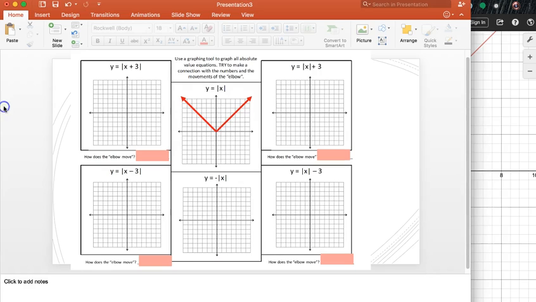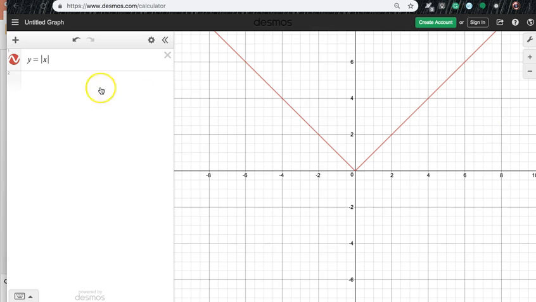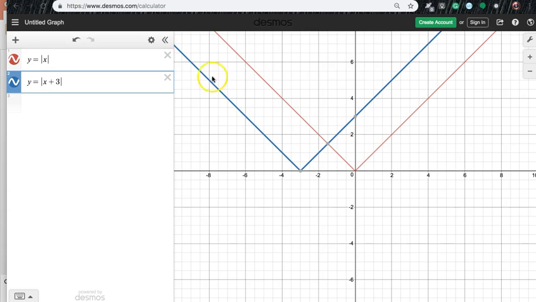So I'm going to go back to my stuff here really quick. What happens when I go to x plus 3 inside the symbol? I'm going to copy and paste, and move it over here, and then see what happens when I actually graph it. So let's graph that. Copy, paste. Let's do a +3 on the inside. Ready, set. All right. It looks like when I go x plus 3, the elbow moved 3 to the